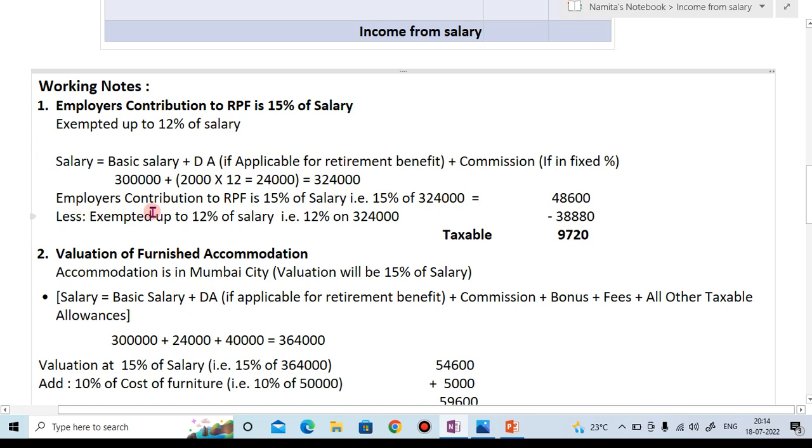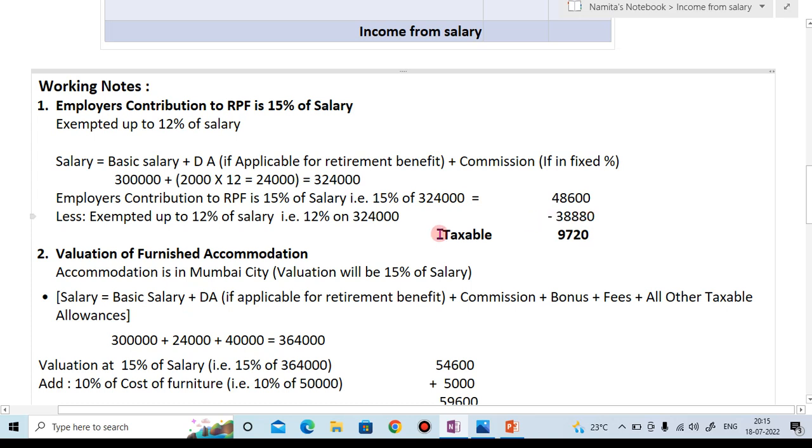Next, employee's contribution to RPF is 15% of salary. That means 15% of 3 lakh 24,000. We have got the salary amount, that is 3 lakh 24,000. And how did we get 3 lakh 24,000? By using this method, that is basic salary plus DA applicable for retirement benefit plus commission. So 15% of 3 lakh 24,000 we get